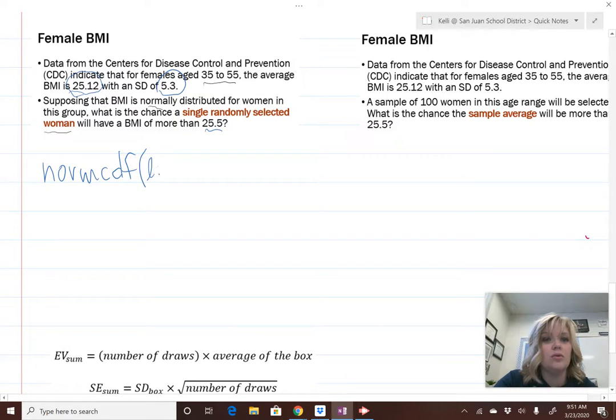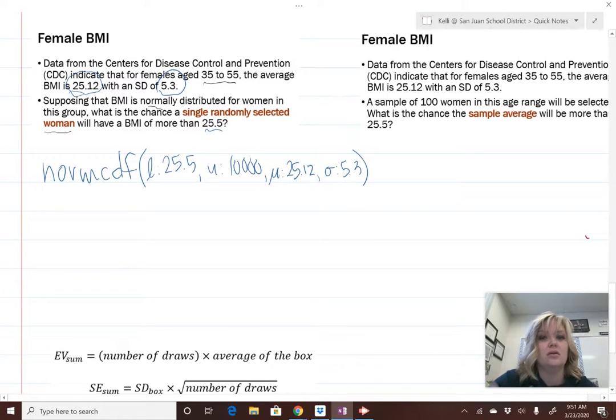So then the lower bound will be 25.5, upper bound 10,000, and then our mean is our 25.12, and the SD for just a single woman is 5.3. So then when we plug that in, that would be the chance of just one woman, and it should be under